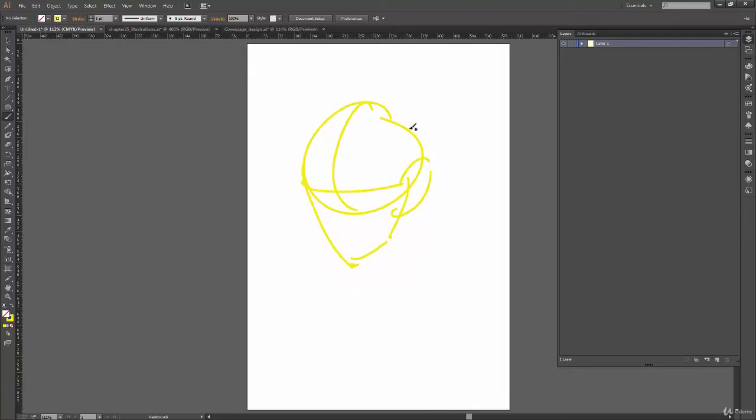Let's say there is some kind of face, and you are going to make your illustration above this rough sketch. So what you can do is make this layer a template so that this layer is locked all the time, and whenever you move something or you draw something, you don't accidentally draw or move on that layer, so as to avoid unnecessary complications.